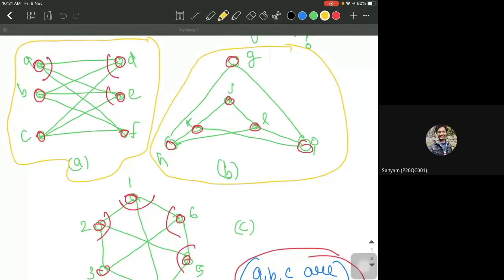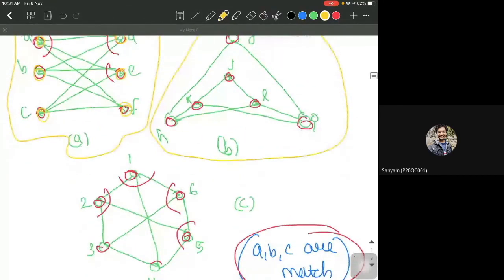The first one is the number of edges and vertices. When we check that this has six vertices, the first check passes if this has an equal number of vertices and nodes. Similarly, A, B, and C all have an equal number of nodes and vertices.